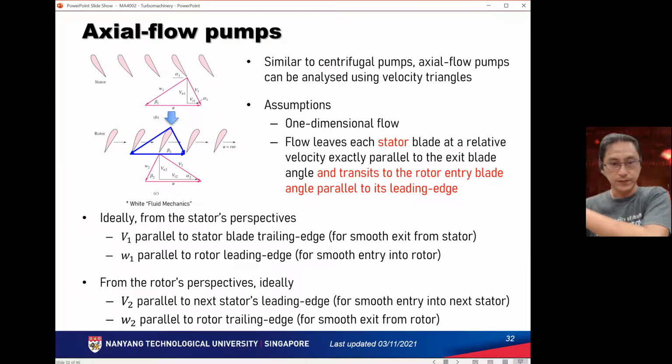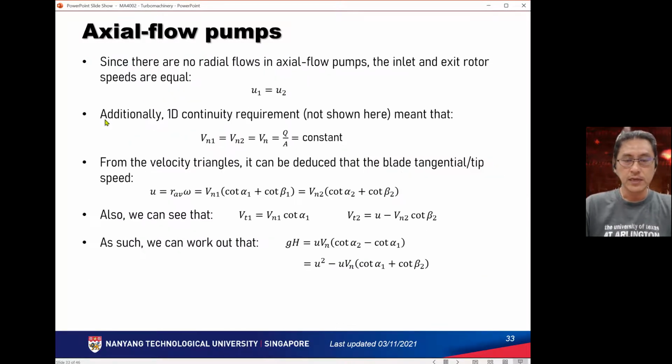All right, and so on and so forth. And you want W2, which is the flow that's leaving the rotor trailing edge, to be parallel to the trailing edge, such that there's no flow separation. The flow is able to basically flow away from the rotor blade smoothly. So all these assumptions are by and large similar to what we're seeing for the centrifugal pump for very idealized flow scenarios. Now, the equations associated with axial flow pumps are relatively similar to those that we covered for